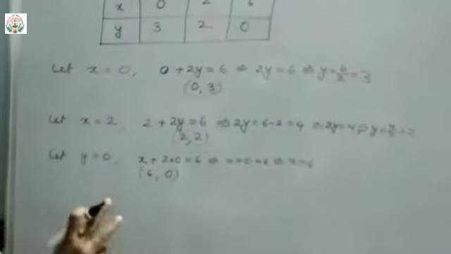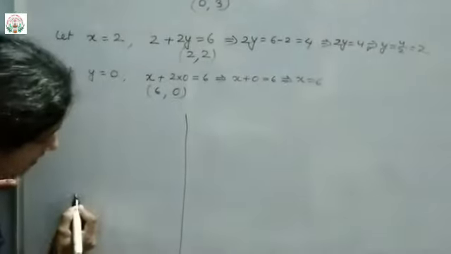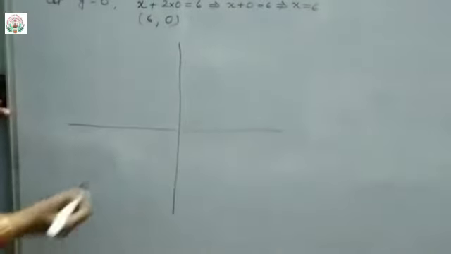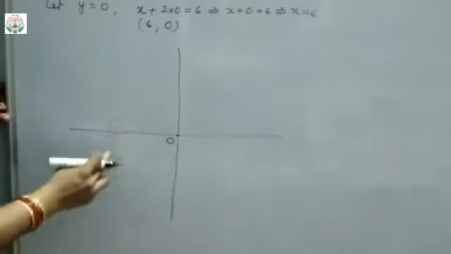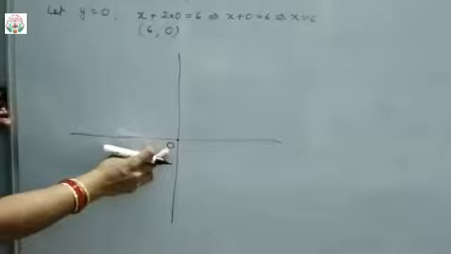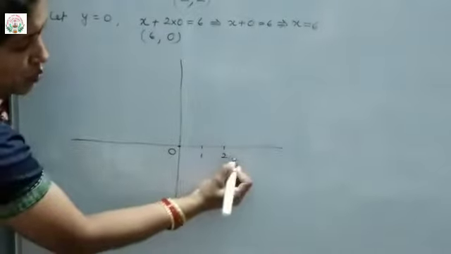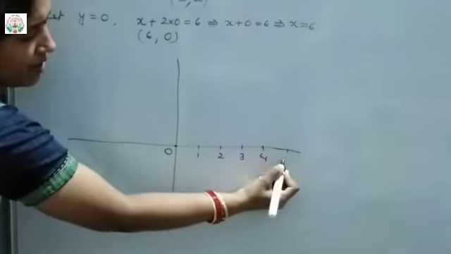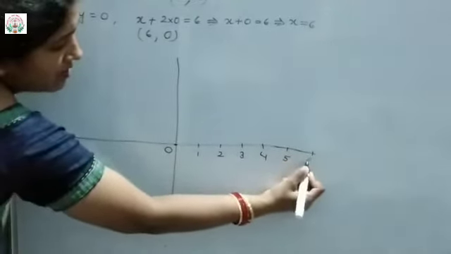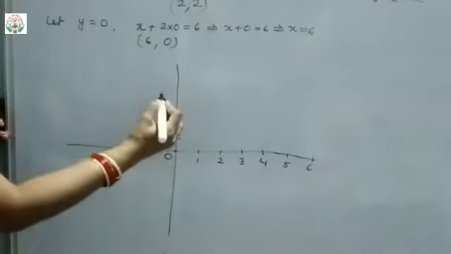Okay, so based on these 3 points, now we are going to plot a graph. So for that, take your graph paper. Okay, use your graph paper for plotting this. Now see, y-axis and x-axis. Likewise, this is O, the center. The intersection of y-axis and x-axis meets at O, that is the center. Equal numbers we will give here 1, here 2, here 3, here 4, here 5, here 6. Okay, same way on the top positive side of y-axis.